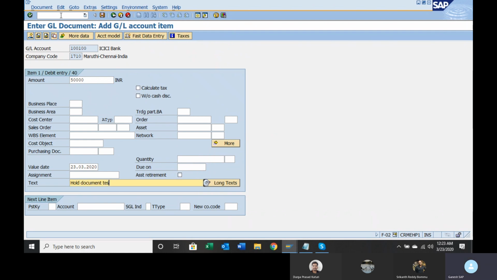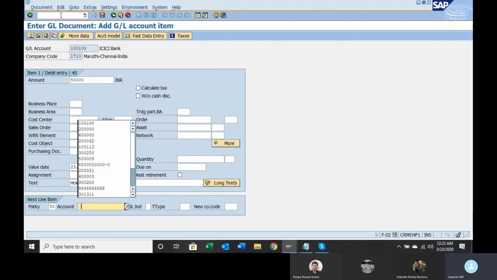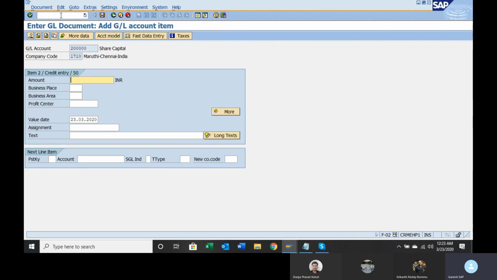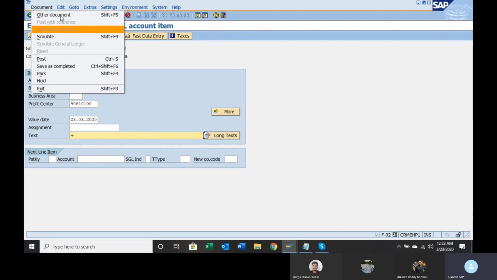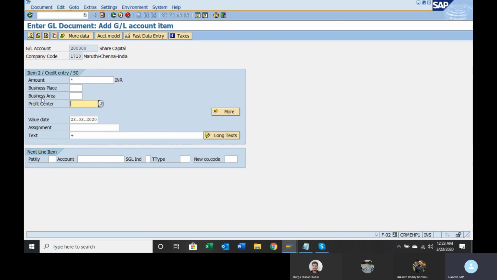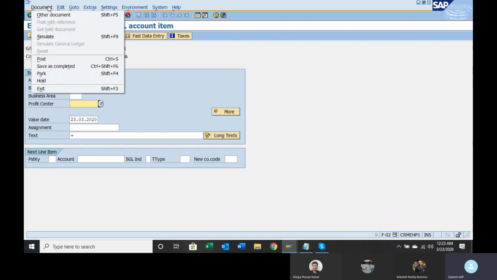Whole document testing. 50 credit, 2 lakh GL account, star button. Profit center, plus button, go to. So we are giving all information, right? Let us see, I don't know the profit center. Okay, I am waiting for that information.